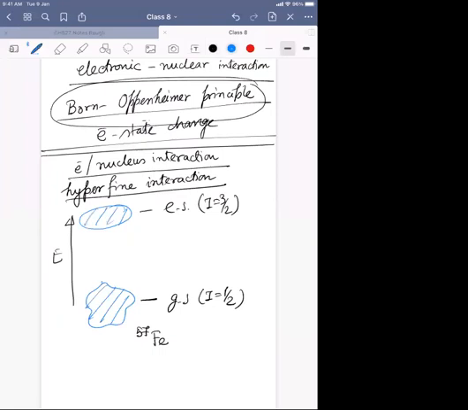If I see this change, what can I say about it? That the electron is interacting strongly with the nucleus and I can monitor the change, right? And the other one is that there is an electron distribution around my nucleus and it remains as it is. It doesn't matter what my nuclear state is. So there I can say there is no interaction, and over here I can say there is an interaction.